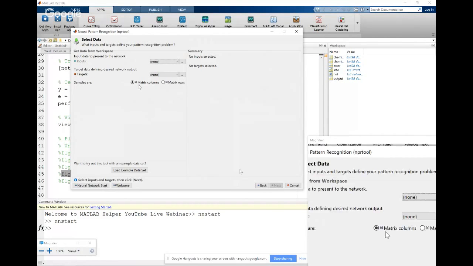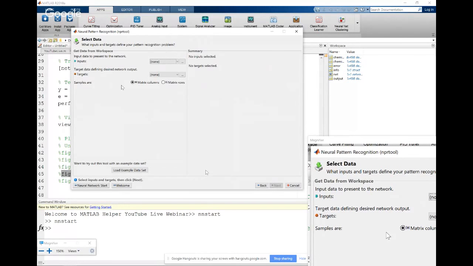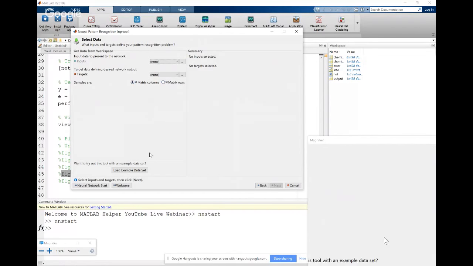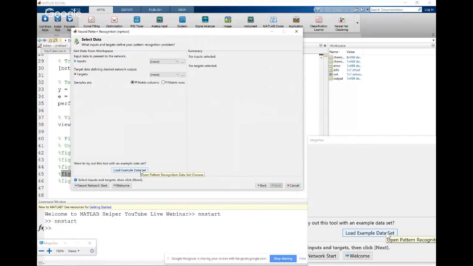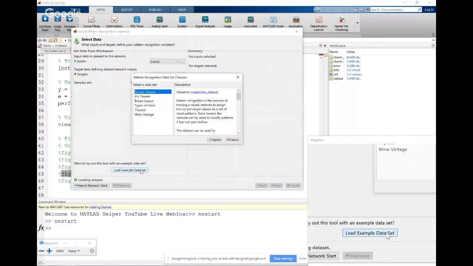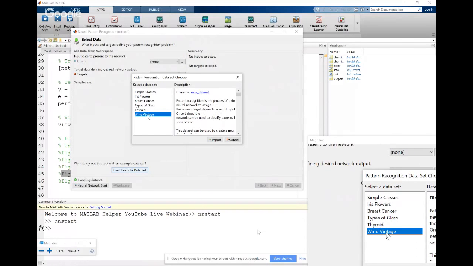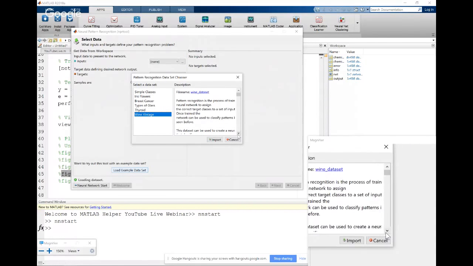In this portion, again, you can see select data of inputs and targets, which you have to fetch from your workspace. But we are going to use the load example data sets, which we also used for data fitting, but this time we'll be using another example, the wine vintage example.